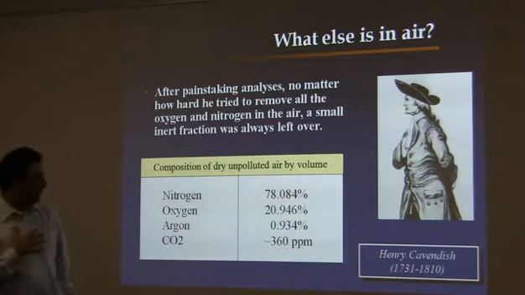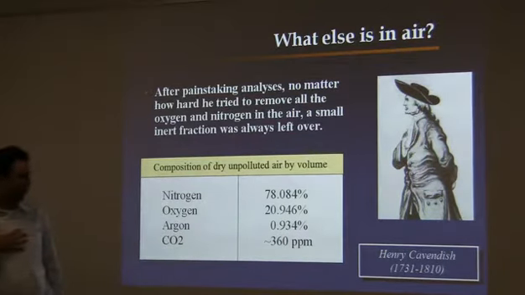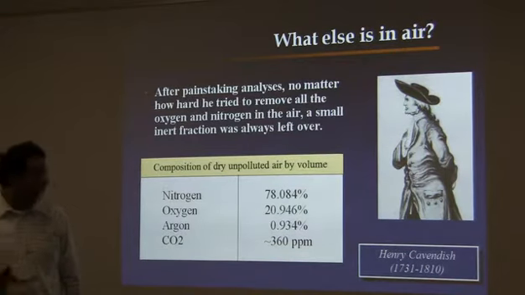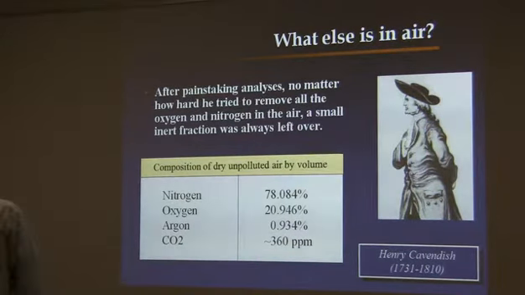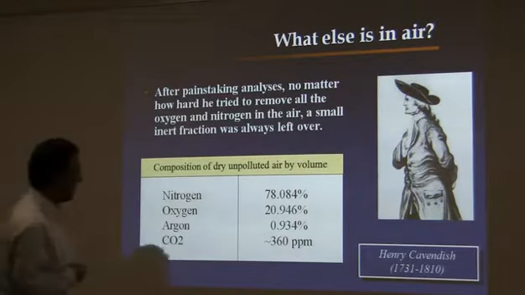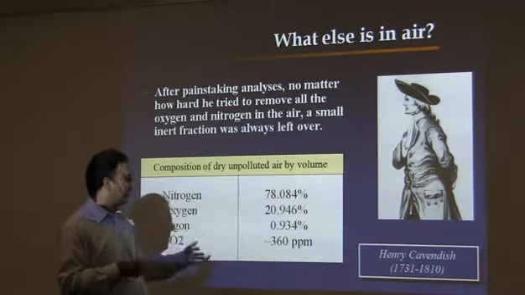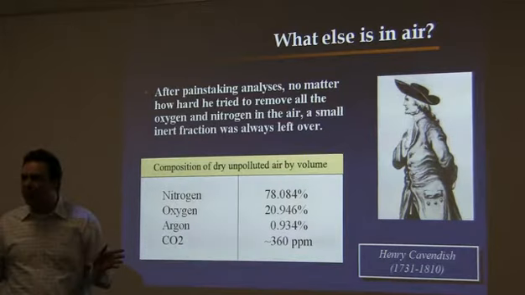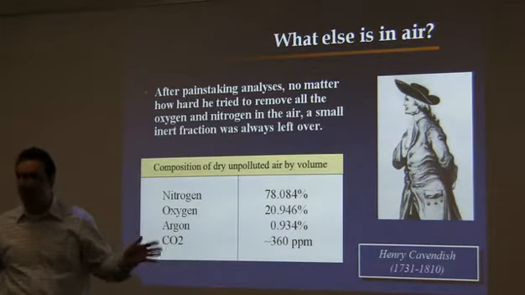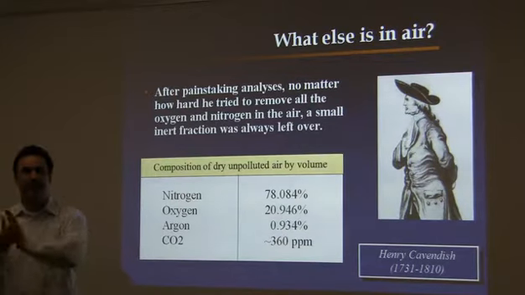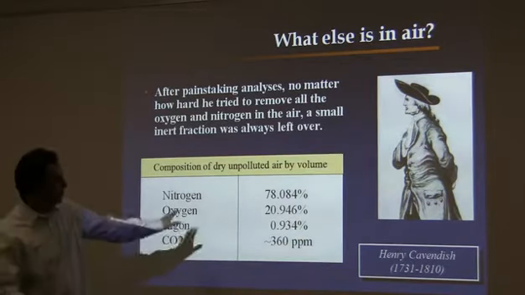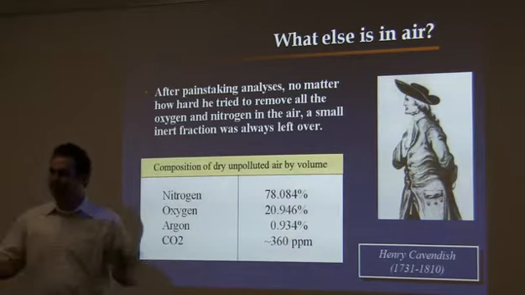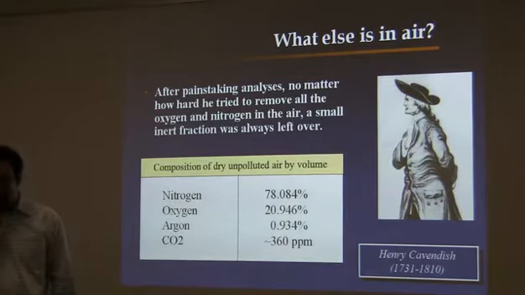And he was, in fact, able to get nitrogen, oxygen, and even argon. And there is a little bit more, he said, that we know is CO2. So if you do the addition, you say 99.9, that seems to be good enough for government work. We know 99.99 of the atmosphere, we're done. Problem solved. Let's close the book. It took from 300 BC to 1800, done. Well, it looks like that, but